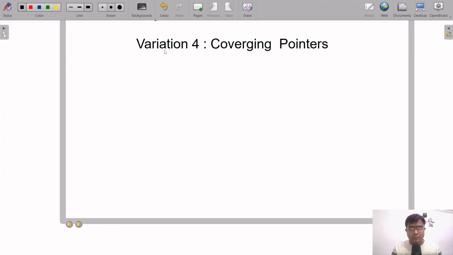Now in this, I've already told you that you will encounter problems like palindrome and container with the most water. Now the basic template for this